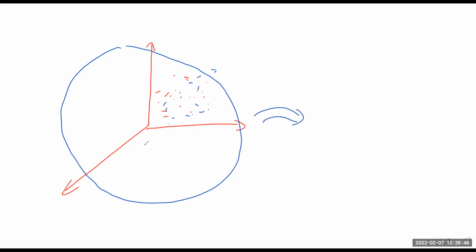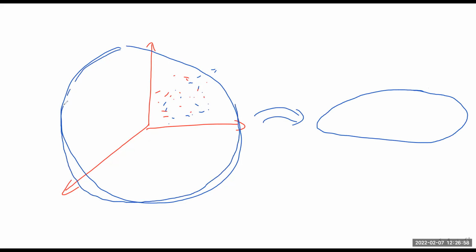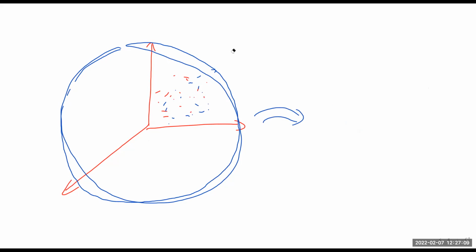And now I convert it into, what is this called? I know it's not perfect drawings, but this is supposed to be a sphere. And this one looks more like what? An ellipse, right? An ellipse, yeah. So it looks more like an ellipse, right?